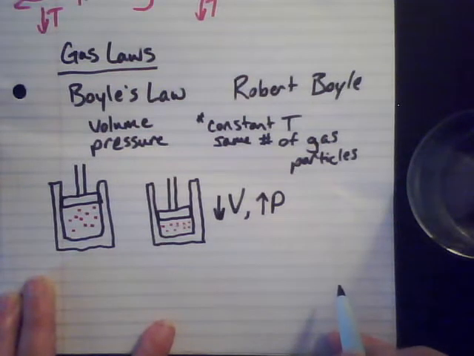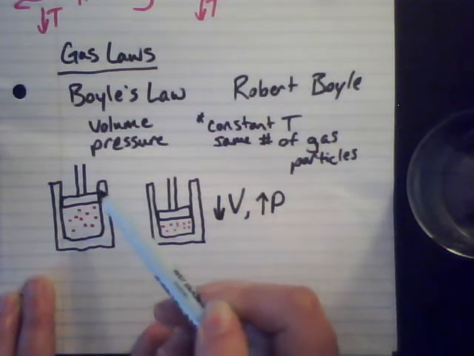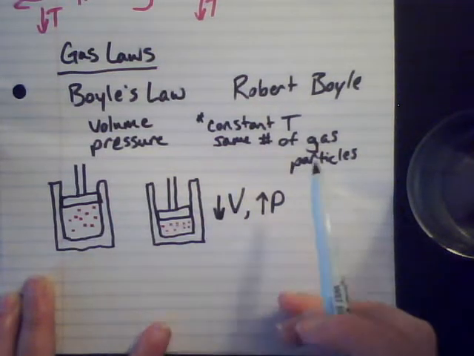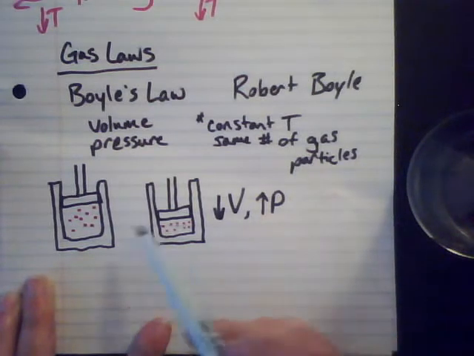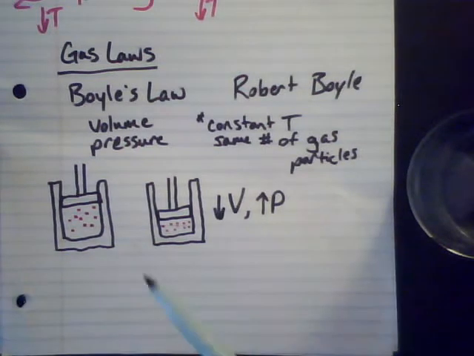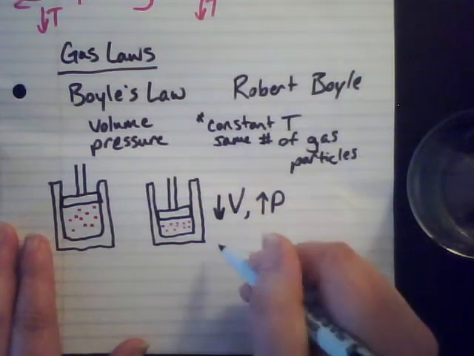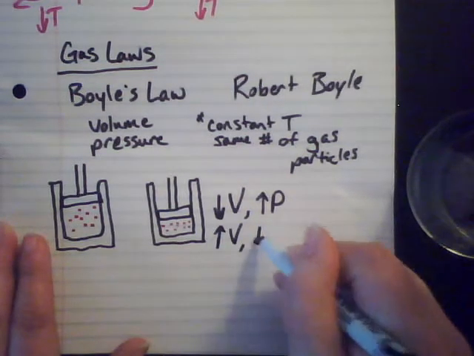Okay? And you can think about it the other way too. If I was to pull out on this plunger and give the gas particles more space to move around in, then that would take off some of the pressure. Think about it like people too. If you have 10 people packed in a tiny space and then you put the same amount of people in half the size of the room, then that's going to increase the pressure and decrease people's comfort level. But if you double the size of the room, if you make it bigger, then people are going to spread out, they're going to feel more comfortable, etc. So if you decrease the volume of your gas, you increase the pressure, and vice versa. If I increase the volume, that means that the pressure goes down.